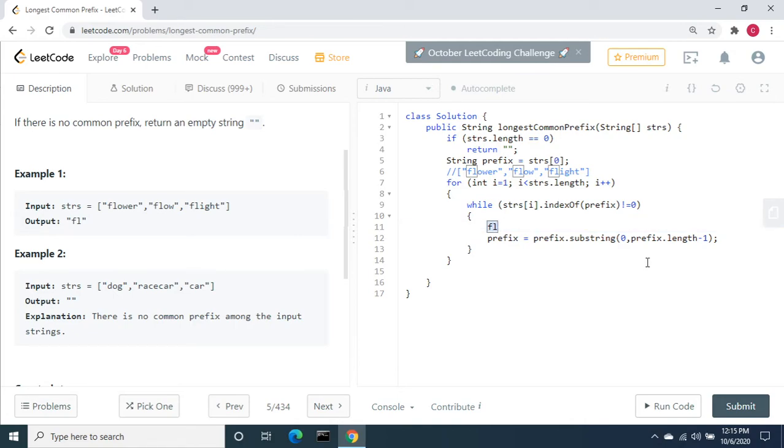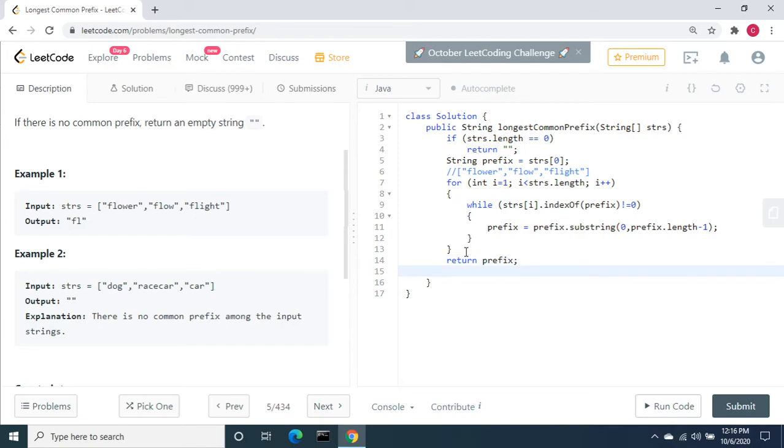When "fl" is found, it is going to match. The index is equal to 0, so it will come out of the loop. By this time we will have "fl" in the prefix, so we can return that prefix.